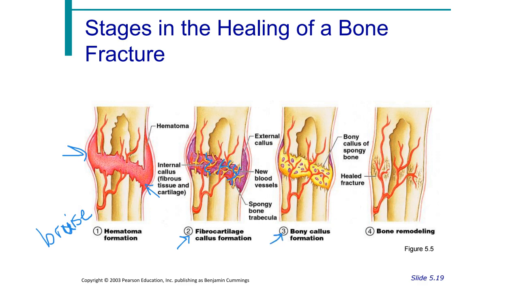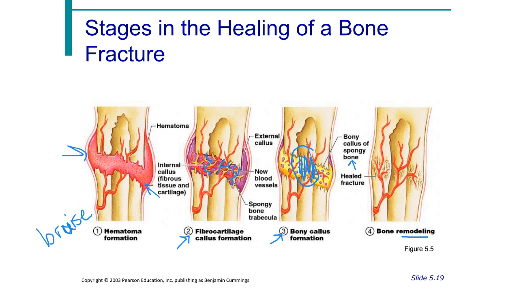And then you're going to start laying down the bony callus. That bone will consist mostly of spongy bone at first. So we're laying down the bone using the fibrocartilage callus to help form the network. And then once you've laid down new bone in the area, you've got to remodel the bone. You'll see in stage 3, when I lay down the bony callus, I don't have a medullary cavity yet. I'm going to need to carve all this out,